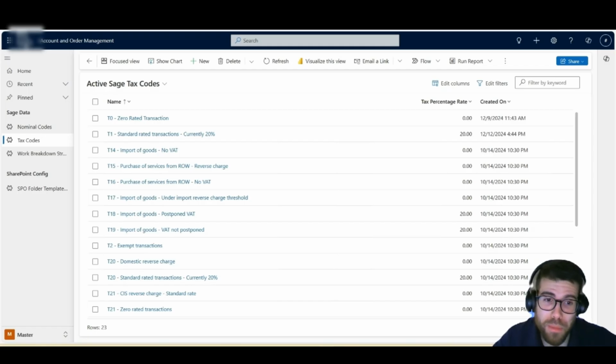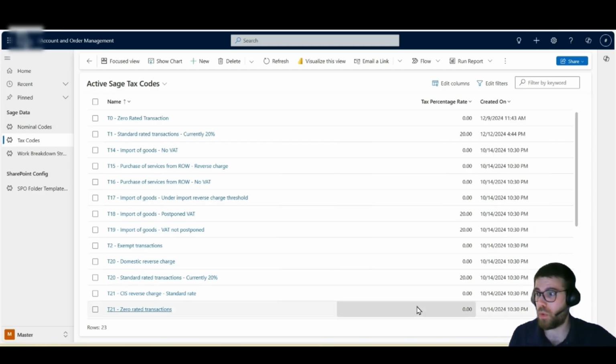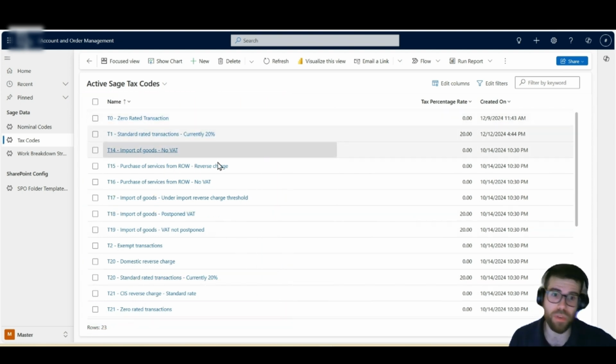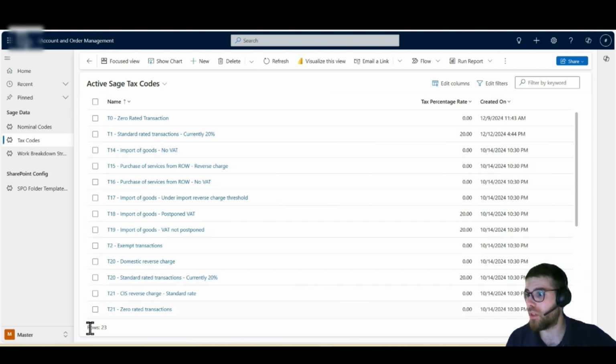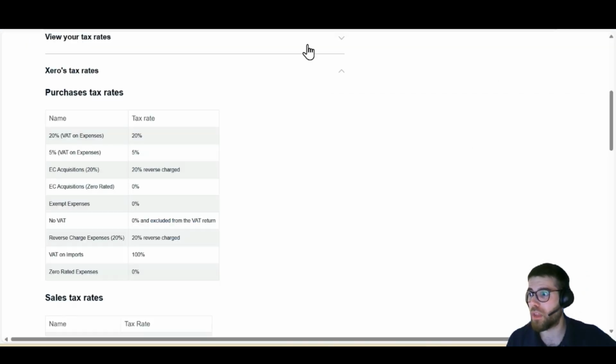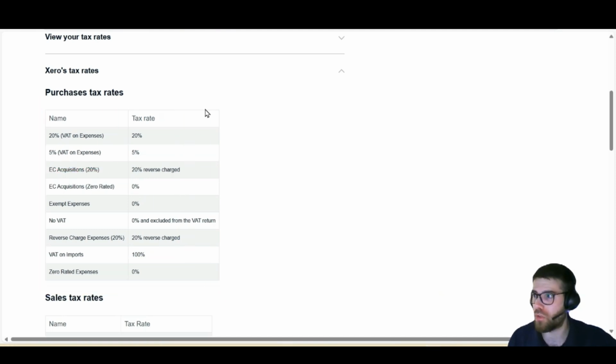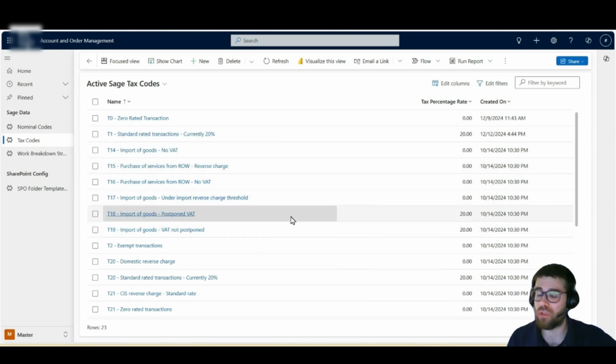First, let's take a look at the magnitude of the problem. So we have this master data over here with all the tax codes that are used in different entities, and there are 23 right now, and they need to be merged into these 9 codes that Xero wants in their system. Remember that this Power Platform solution integrates with the accounting software because we do invoice reconciliation